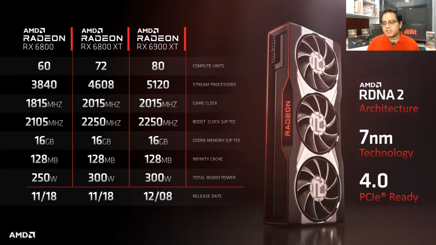This is a question by Amitosh Kumar, who asks, if RDNA 2 is more efficient than the previous generation, why is it recommended to use a higher rated power supply? Well, these are high-end GPUs, which is why you need more power. It's not exactly a question of power efficiency, and because it's more power efficient, within the same thermal envelope you're